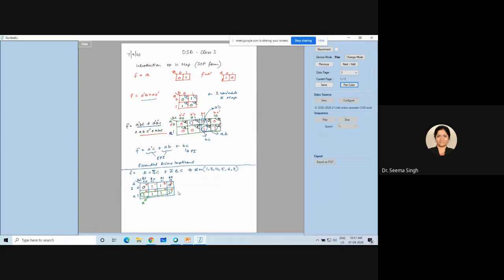If you have any doubt, you can ask me. I made a group of 4 and in this only A was common, the rest was all changing, so I dropped everything else except A. Now I will show you another grouping. I told you grouping is possible for 2, 4, 8, 16. Again, one more grouping of 4 can be shown here, which is this.